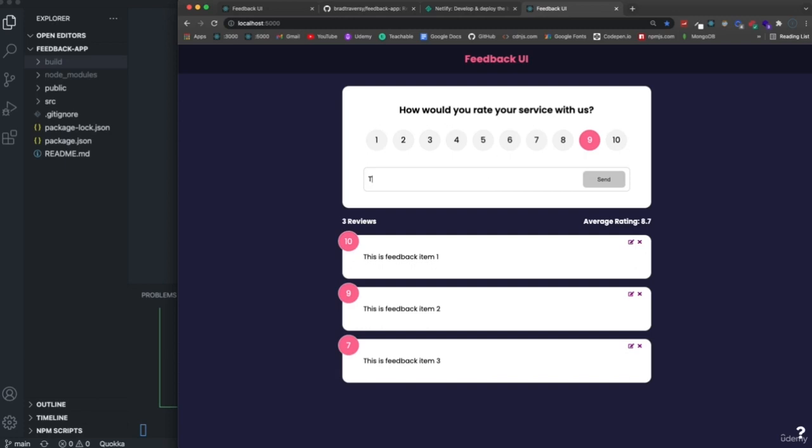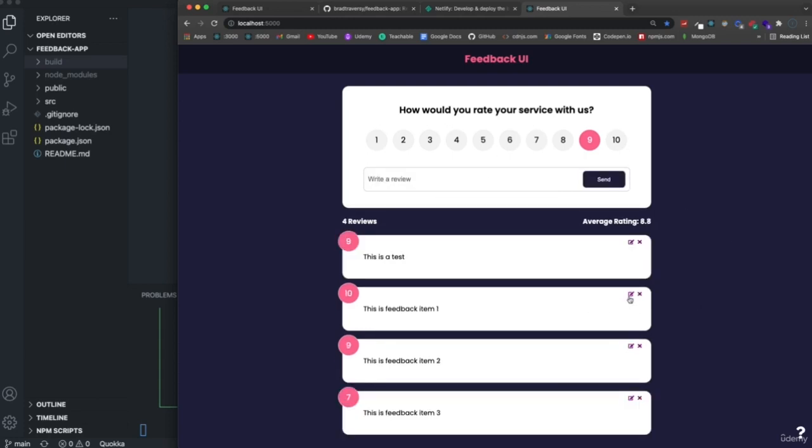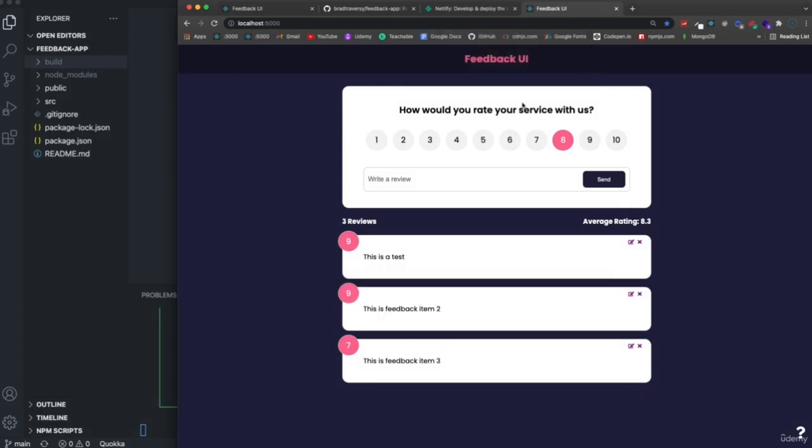Let's say this is a test. And you can see that it works. If we want to edit one of these, we'll say this is item whatever, 10,000, 100,000, and you can see that edits, that updates. We can also delete. And obviously it's still all in the UI, so it's not going to stick. That's what we're going to add JSON Server for, is to show you how we would build this with a back end. But yeah, so you could upload this build folder, or what's in this build folder, to any host that